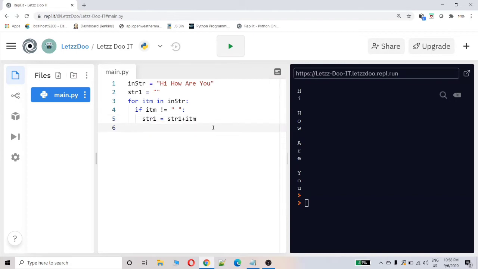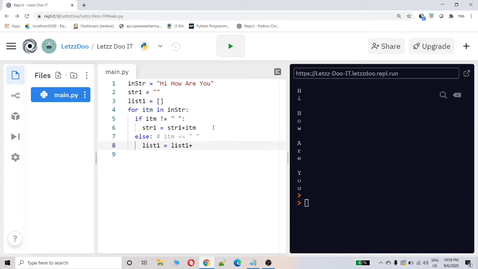Okay, else, that means that item is having the value space. Now the str1 should be added to the list1. Okay, first I need to create an empty list. List1 equal to